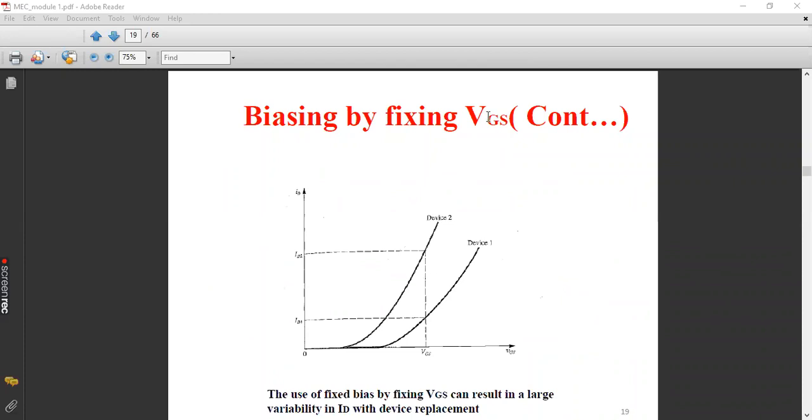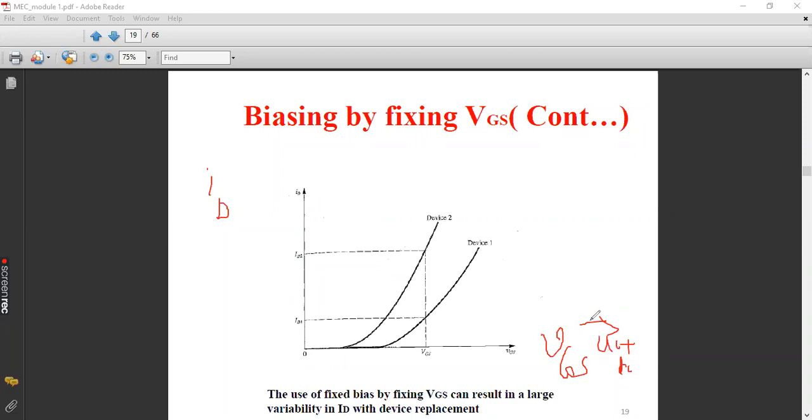Okay, all of you take down this graph. I'll give you 2 minutes. You can draw this graph. In the x-axis, we have vGS. Please note small letter v with capital GS in the x-axis and small letter i with capital D in the y-axis. That means this is showing the effect of both AC and DC.